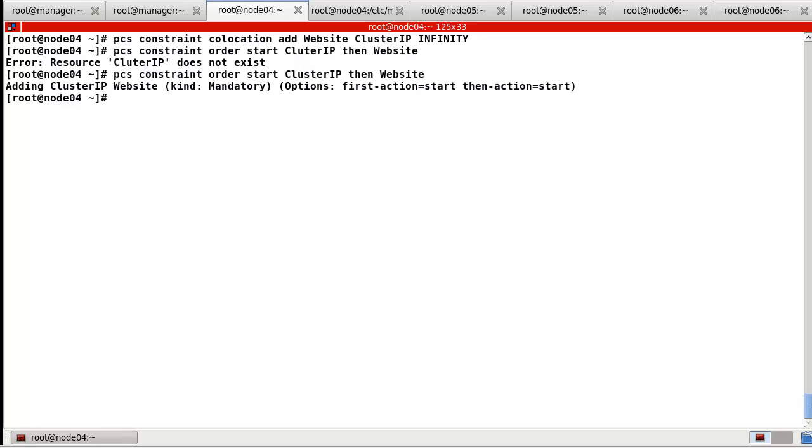Then the second, for website, then WebFS as well. pcs colocation, website and WebFS, infinity. And the order as well.